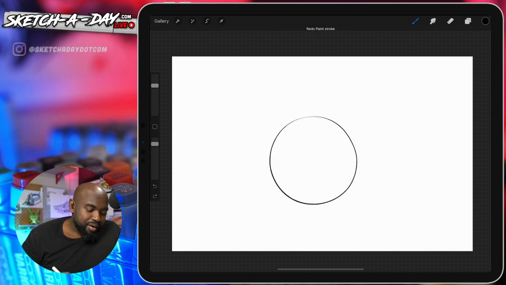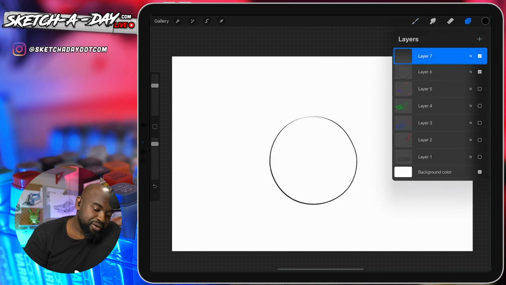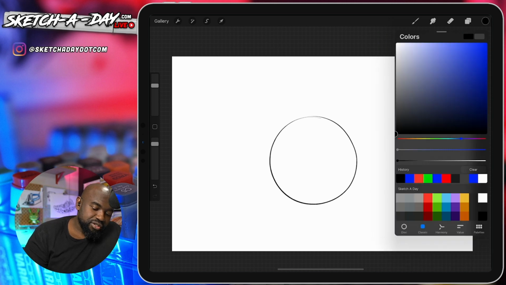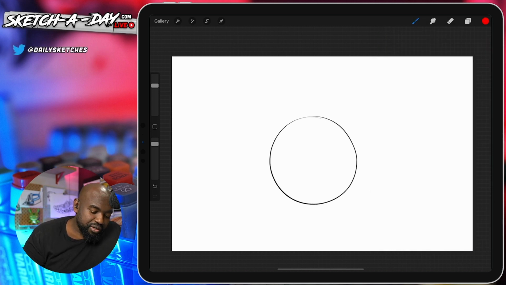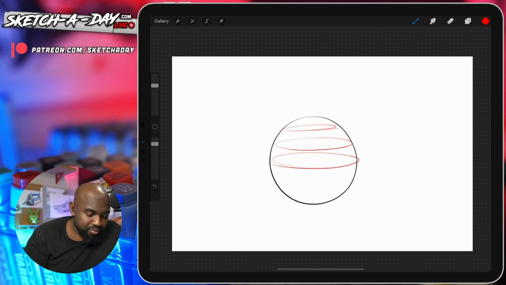So, that being said, let's make a new layer here, and we'll do all the construction stuff on top. So, here's one thing you need to understand. No matter where I cut this sphere, this profile,